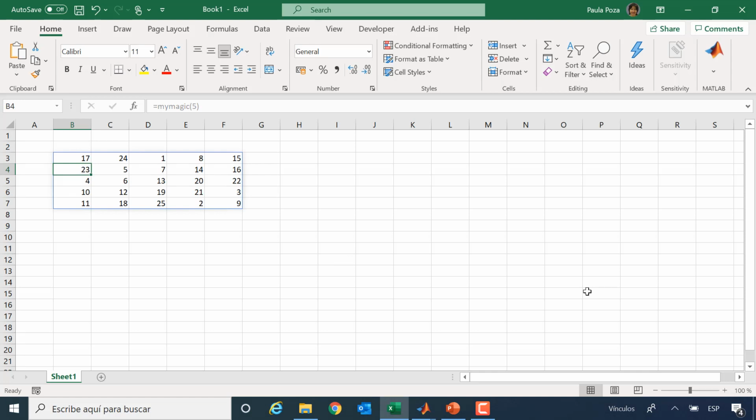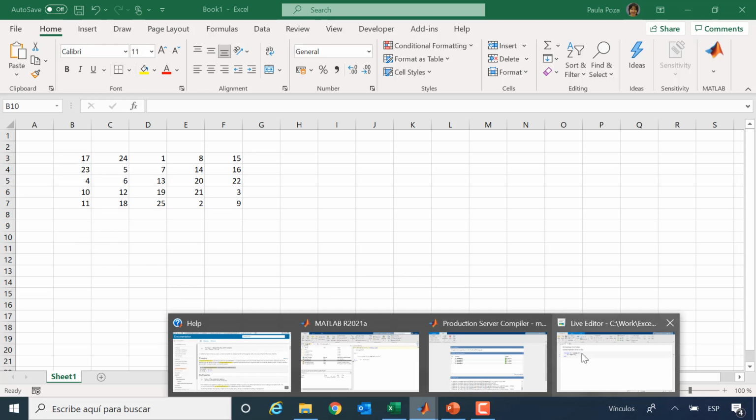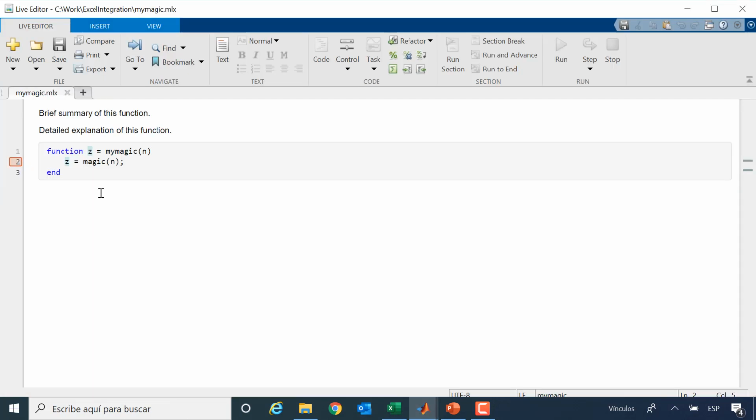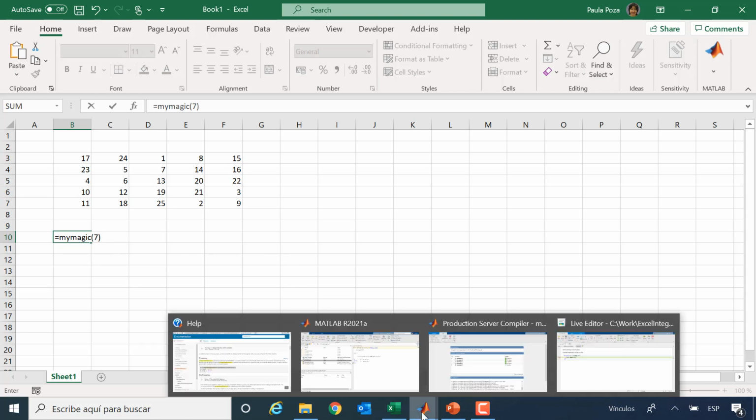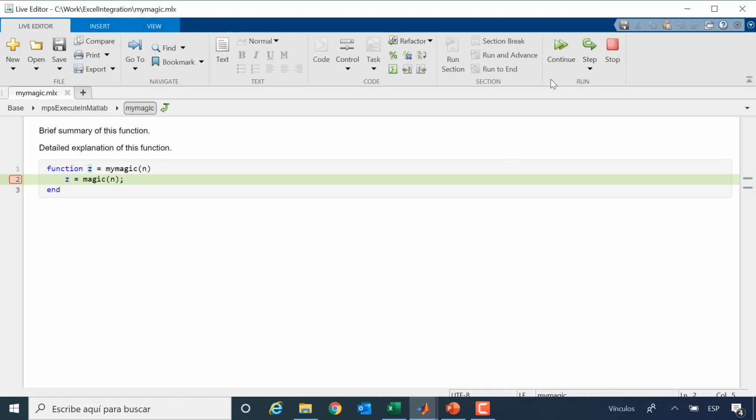And here's the result of calling my magic. I could equally have called this with a breakpoint, so I could put the breakpoint, call it again, and there it is.